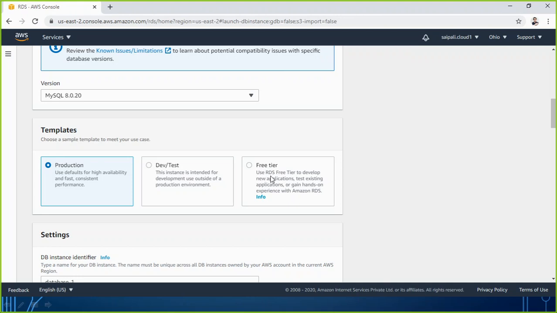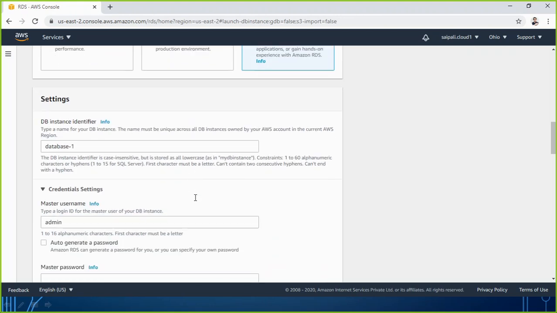So it will be giving me RDS free tier to develop new applications, test existing applications, gain hands-on experience with RDS. So that is what we are looking for. We want to do practical on it, right? We don't have any big company where too much data will be there and I will lose the data or something. So I can go simply with the free tier. So I choose the free tier from the template side.